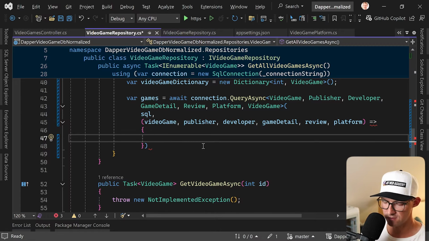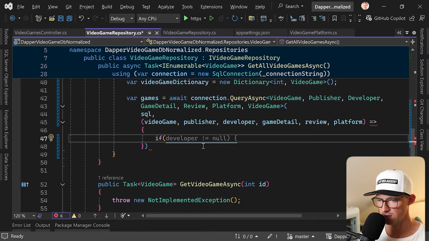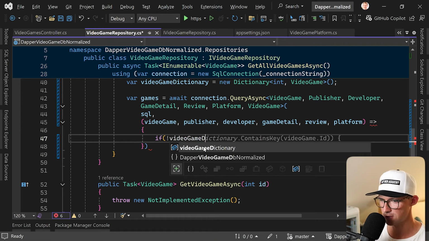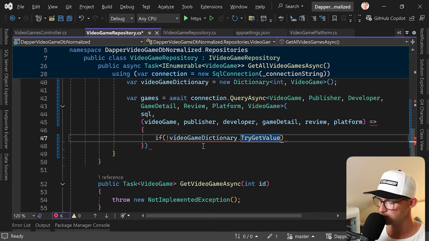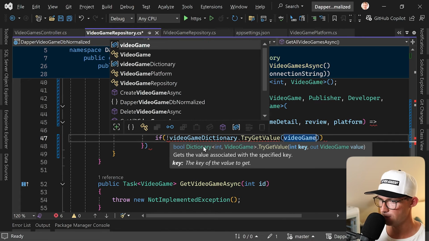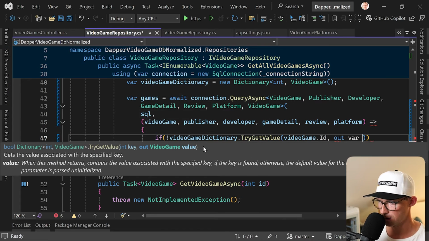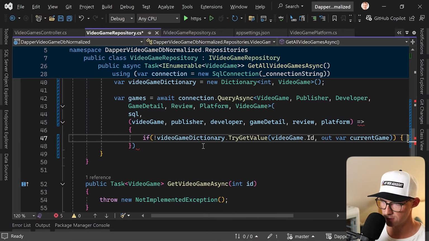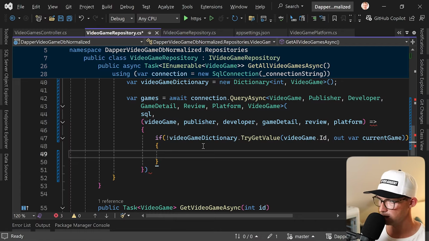And what I would like to do is first we check if the current game, because this method goes through every row in the end. And let's call this the current game. If the current game is already in our dictionary. All right. So here we check if not the video game dictionary try get value, video game ID, then we use the current one as our current video game. And in here now